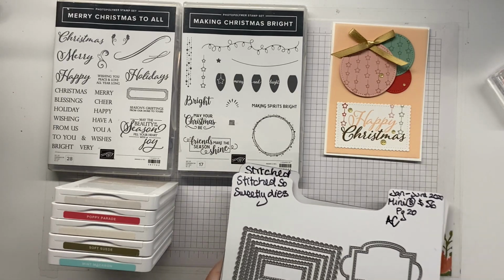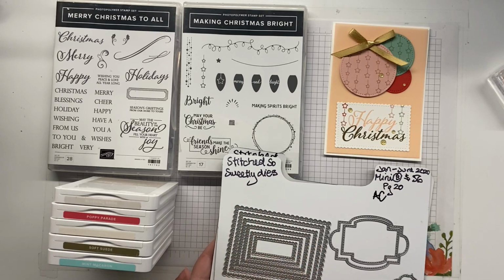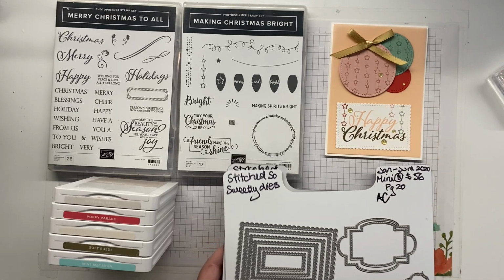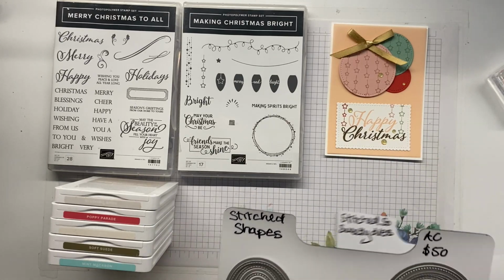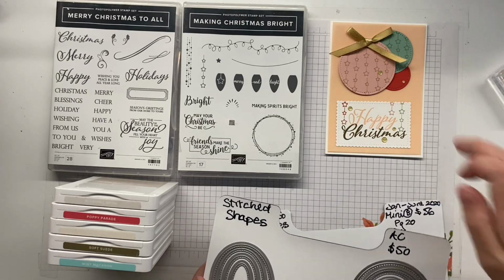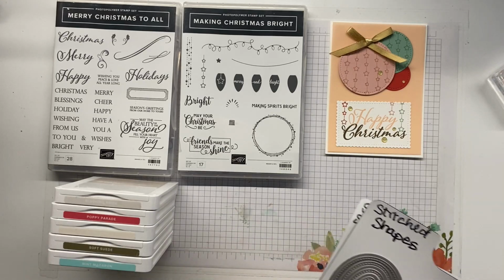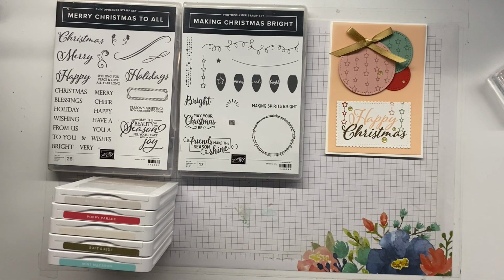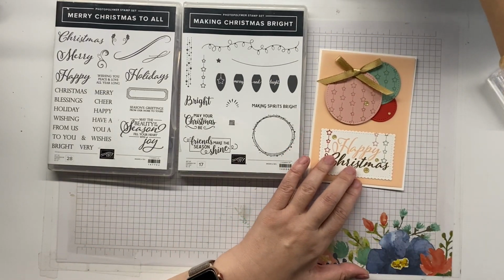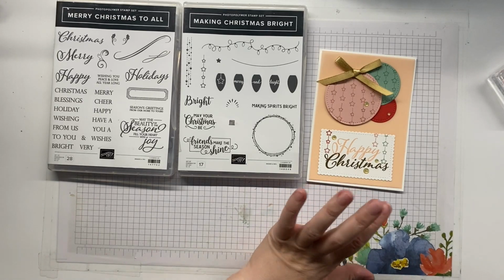The dies I have used are the scalloped Stitch So Sweetly dies, and I've used the scallop stitch rectangle, and I have also used the stitched shape dies, the circles, to create those baubles. So I have made, momentous, and I say that because I'm pretty impressed, 14 of these cards. Because the other thing I have used is the